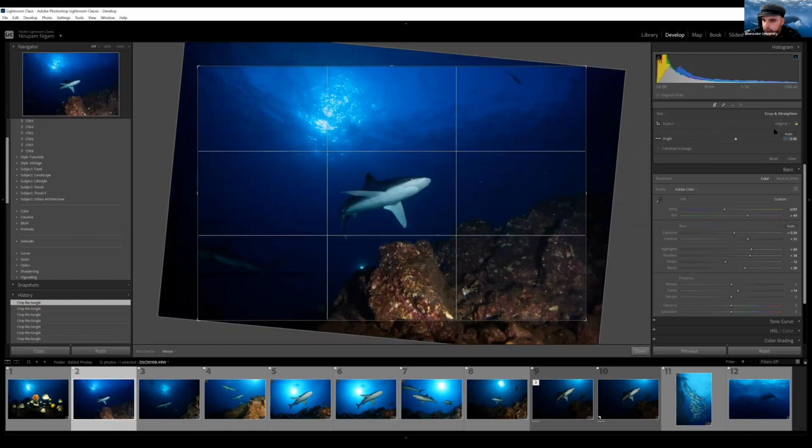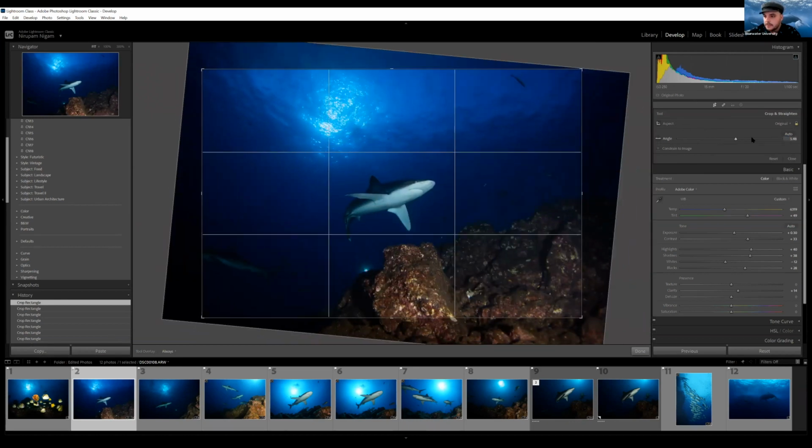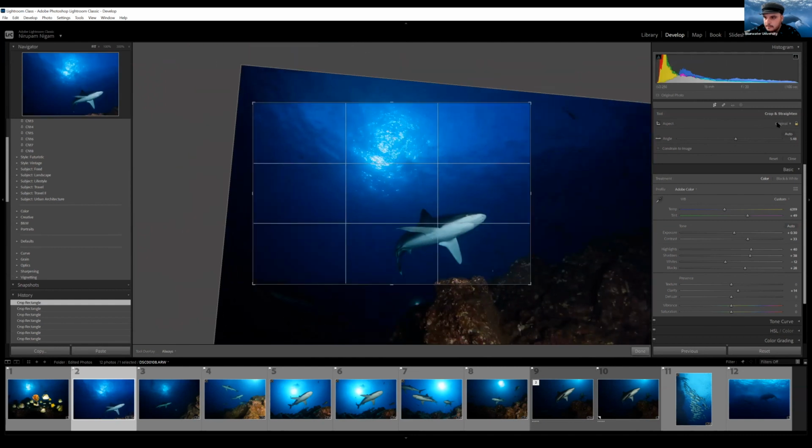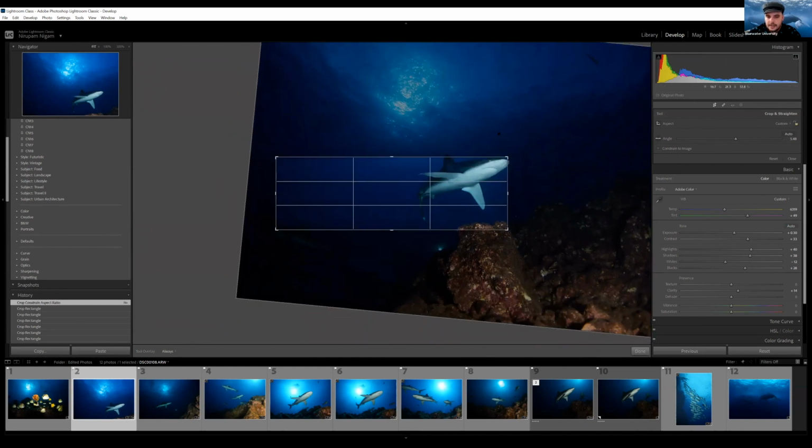Now, if you do want your original crop, just remember, sometimes you need to actually go back in and hit original. It doesn't always keep an original crop. And if you want to do your own crop, you go to the drop down, and then you click custom. And this will allow you to stay on original. Sometimes you have to make sure this lock button is unlocked so that you can actually do it. So now I can do a custom